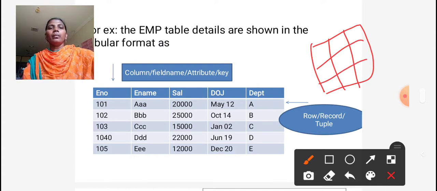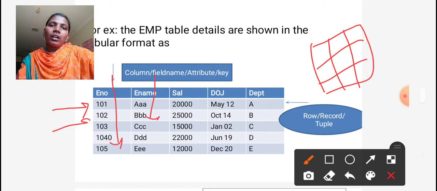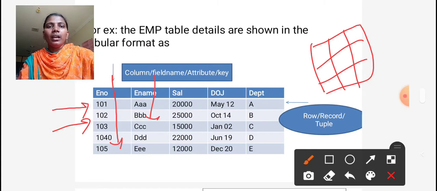This is a table of information which contains columns. The vertical lines are columns, and the horizontal lines are called rows. Here employee number, employee name, salary, date of joining, and department are called columns. In the relational model, these columns are called field names.